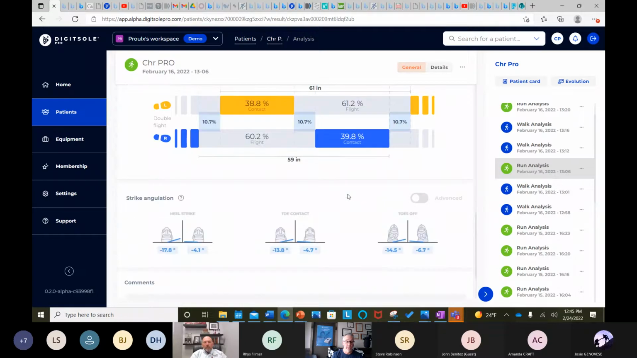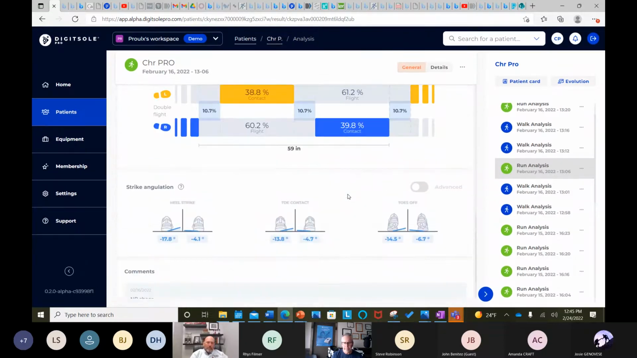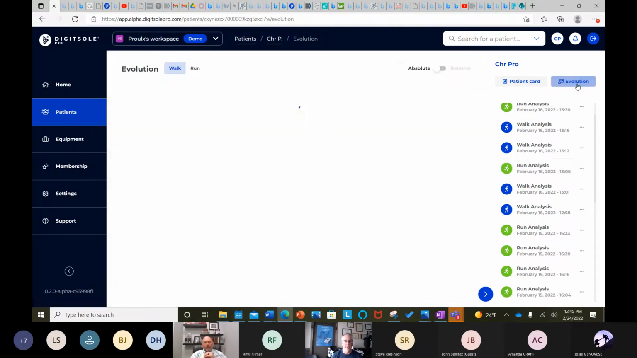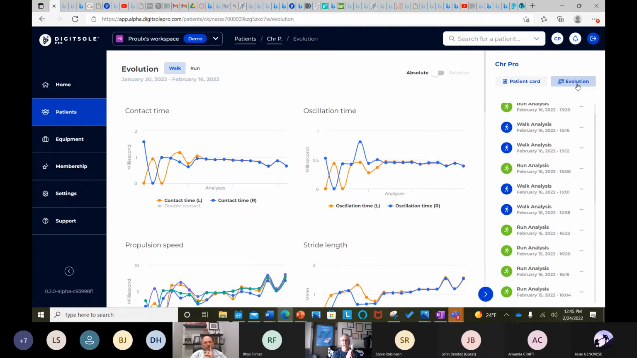Again, it shows you the running profile, the angulation, with regards to supination and pronation. So now across time, I can actually look at some of this cadence and speed, and this actually shows me at different points along this. Like I said, this person's on a treadmill, so it really shouldn't be that different. So let's go ahead and click on evolution. So on evolution, this shows me across the board,